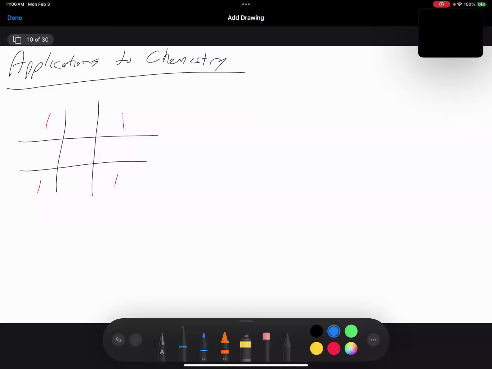In between the corners. So the middles would be another type of move. And what else? Oh, the center, that's only 3. So there's really only 3 opening moves in tic-tac-toe up to symmetry. Does it matter which corner you go to? I can rotate. Now you can start to analyze how many